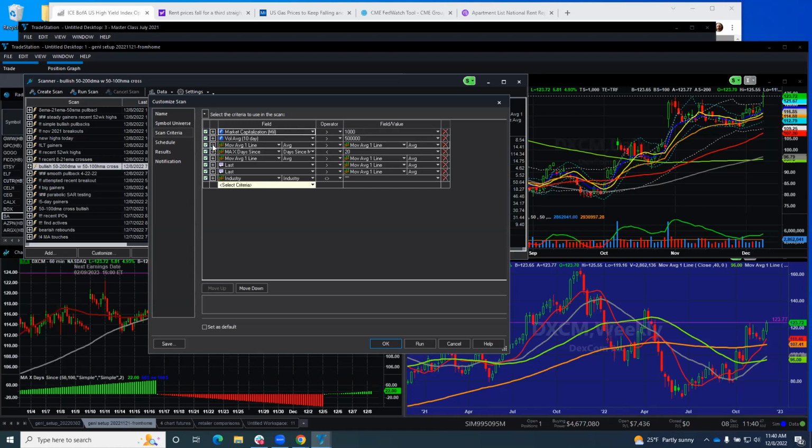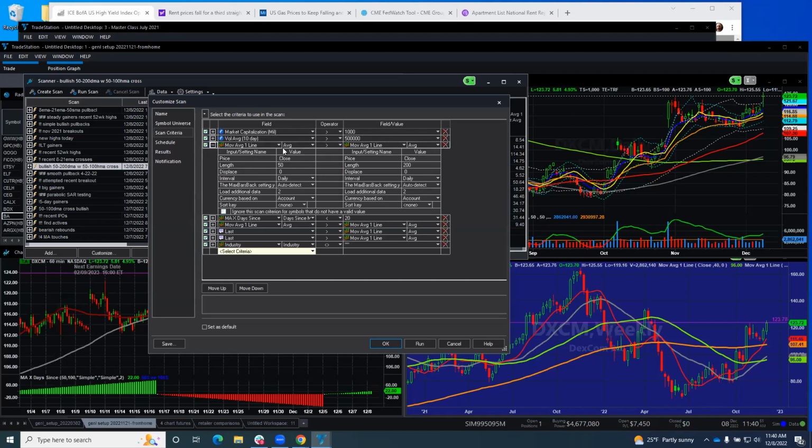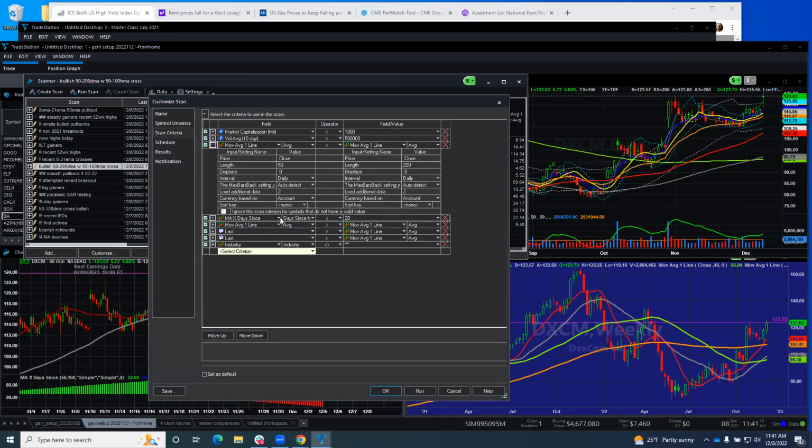Now, let's pop these things open and pay very close attention to all the settings. What do I have first? 50-day moving average above the 200-day. Notice this is set to daily and daily. It's set to 50 and 50, and it's greater than the 200-day moving average. Day being the key word. Next,